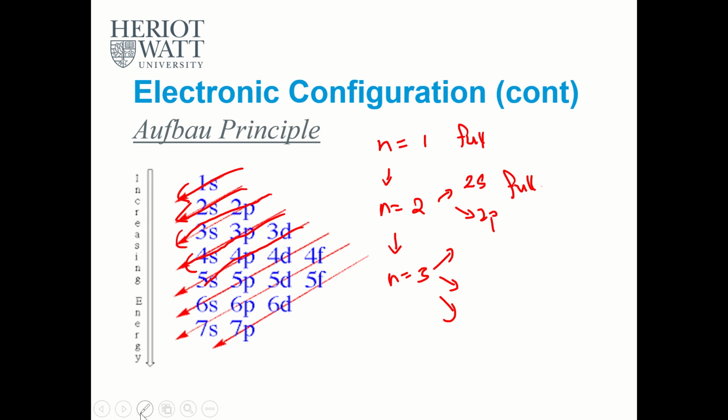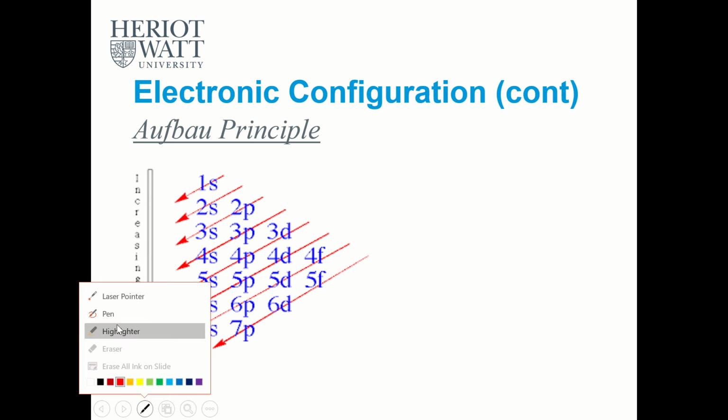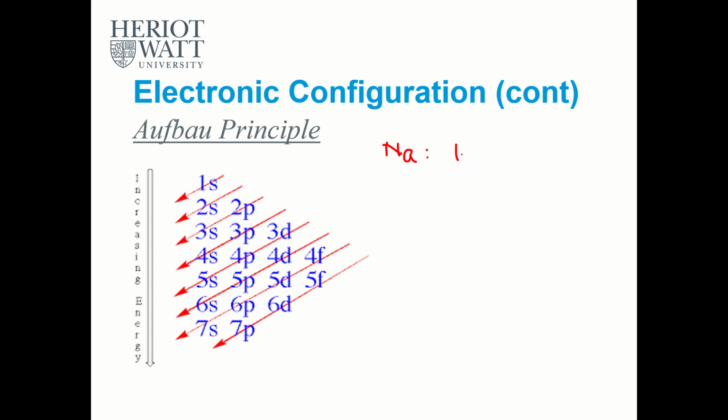I need to erase that first. Okay, so an example will be something like sodium, right? Now we learned that it has 11 electrons or protons, right? So what is the configuration that we are familiar with? It's always 2.8.1, right? 11. That's right, 2 plus 8 plus 1. But if I want you to convert it into this so-called SPDF notation,